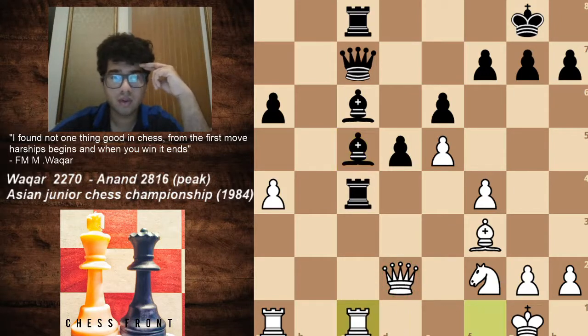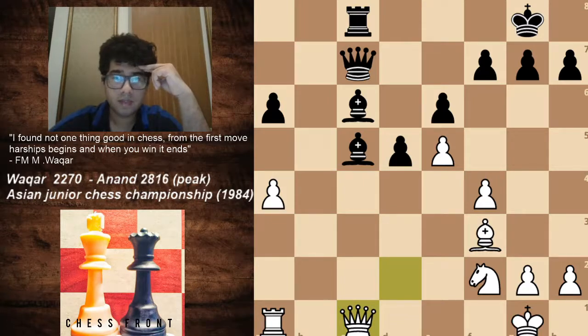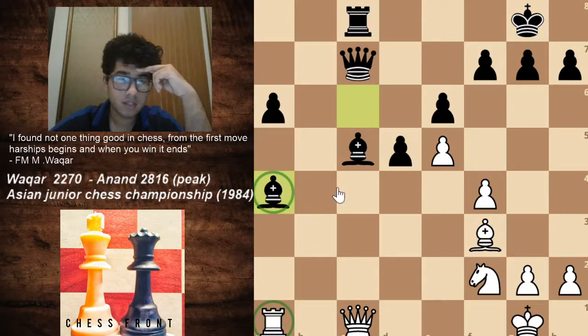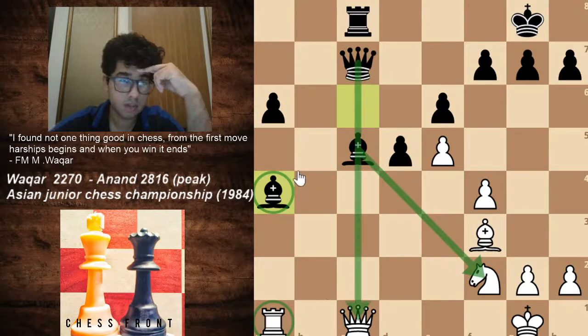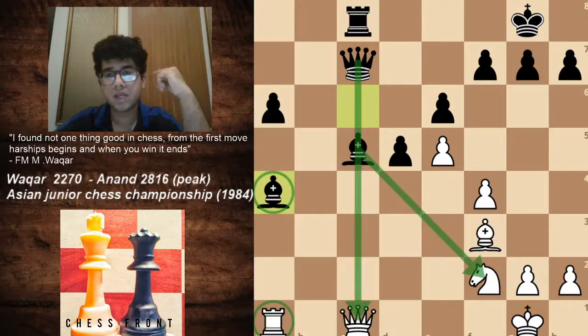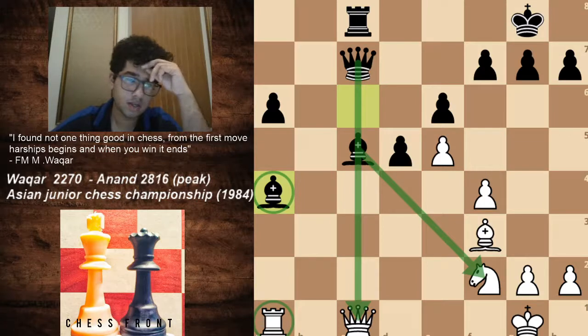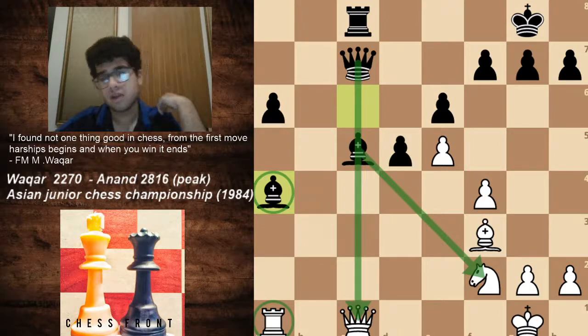So we have rook fc1, an exchange of rooks, and bishop captures a4. A very nice move, saying that if white ever decides to capture this bishop, this comes with check and you lose the queen. So this bishop can't be captured. And so we can really see that white is beginning to crumble under a bad position. As Bobby Fischer used to say, tactics flow from a superior position.